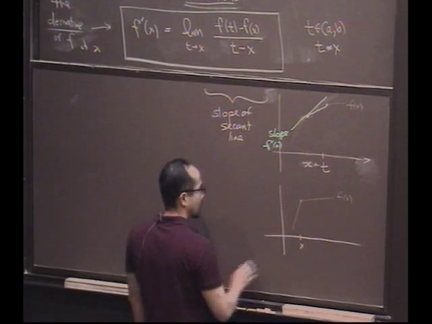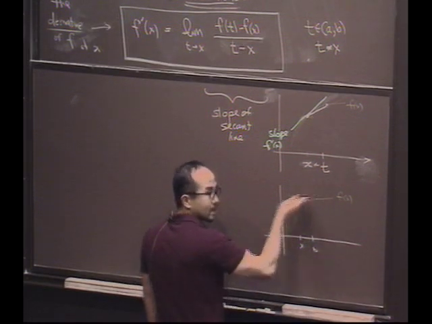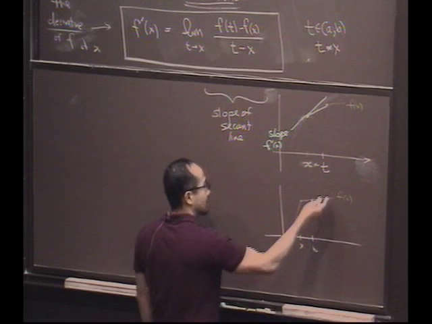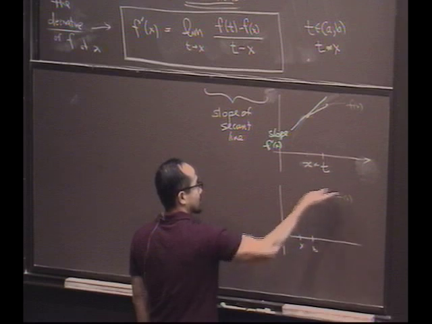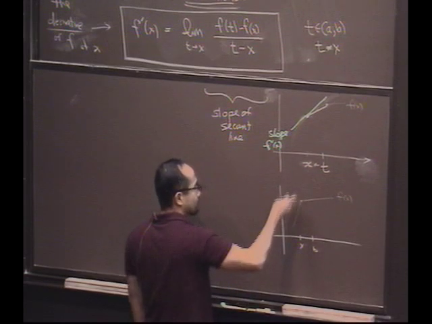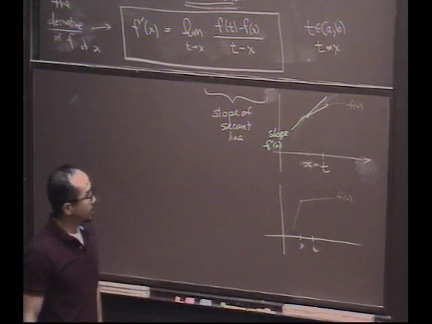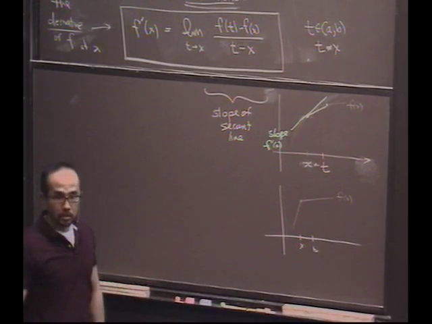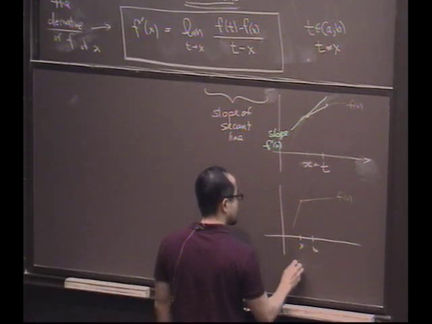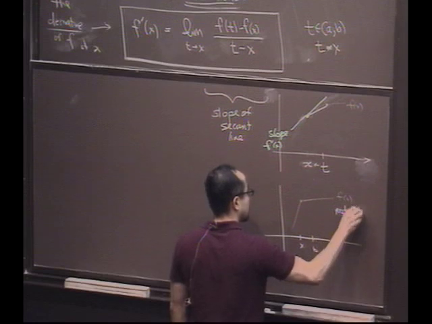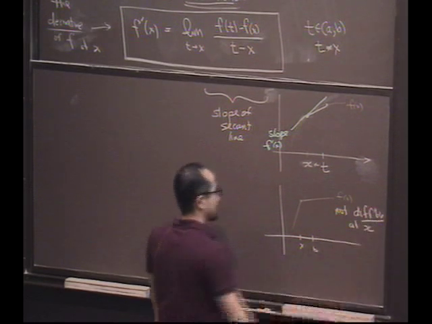Well, if you look at any secant on the right-hand side, because this line happens to be straight, you just get that slope, right? Take the limit from the right. Well, that limit from the right actually exists. It converges to this slope. The limit from the left exists for the same reason, and it converges to this slope. But does the limit exist if you consider t on both sides? No. So in fact, this function is not differentiable, which I'll abbreviate diffball,